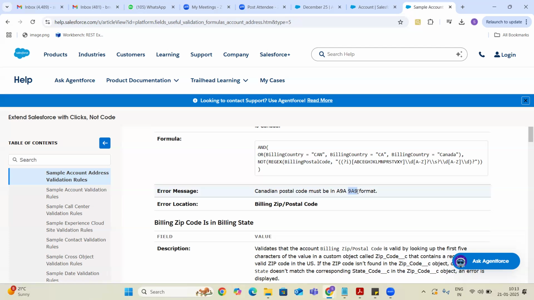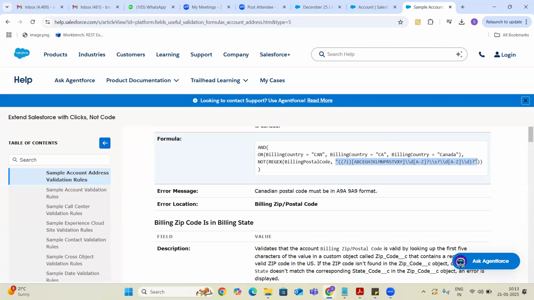That is the Canada postal code, guys. If it is starting with a letter, then it should end with a letter. So this is the regex that will work for this format.